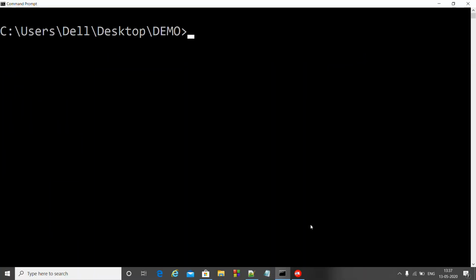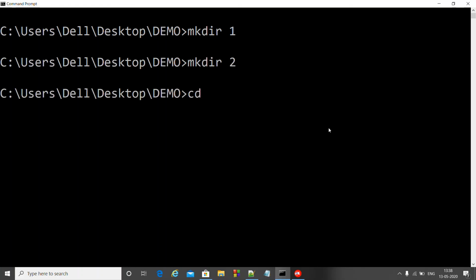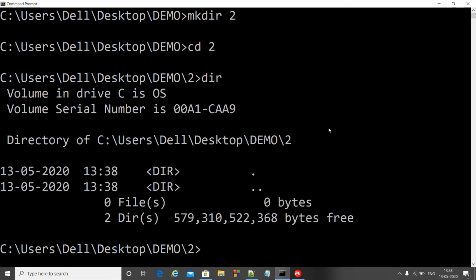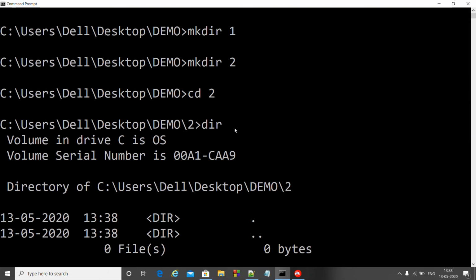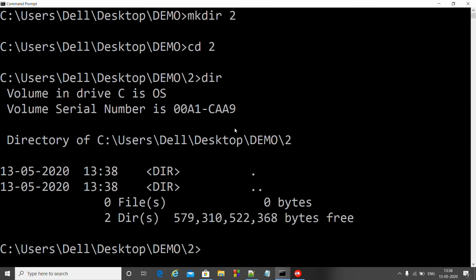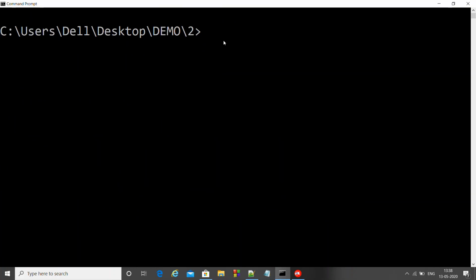So the next command that we'll be learning will help us to clear the terminal screen, the command prompt screen. It is a simple command, cls, which means it will clear the screen. It is already cleared, so we didn't see any effect, but suppose we have triggered commands here like mkdir1, mkdir2, cd2, then dir. Suppose we want to clear all these contents on the terminal. So what we'll do is we'll fire the cls command. What it did is it cleared the command prompt. So in this way we'll be using cls frequently in our practice.